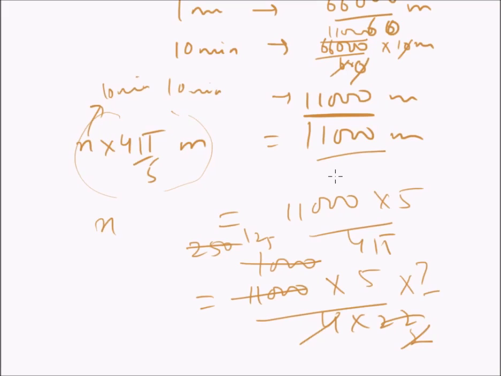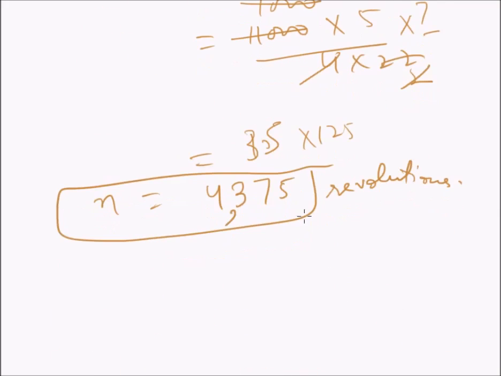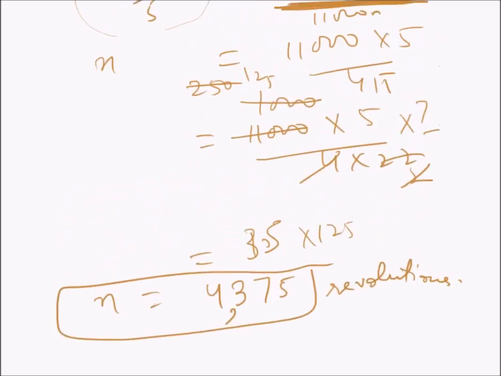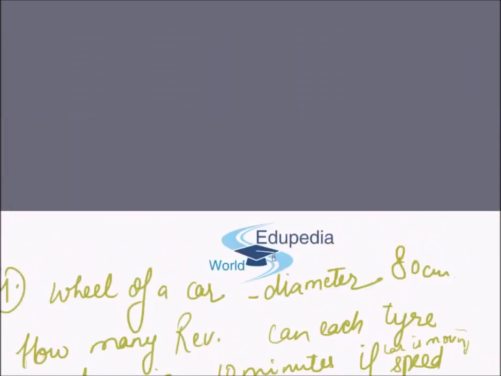So each tire will be covering the same distance, contributing the same part of the 11,000 meters to travel the whole distance. So each tire has made 4,375 revolutions. So friends, this was the introductory video on areas